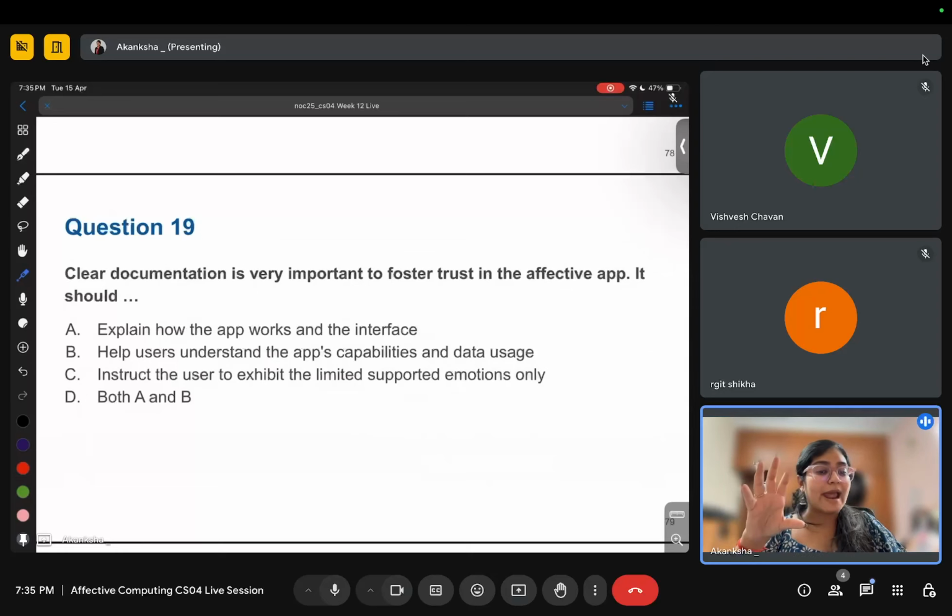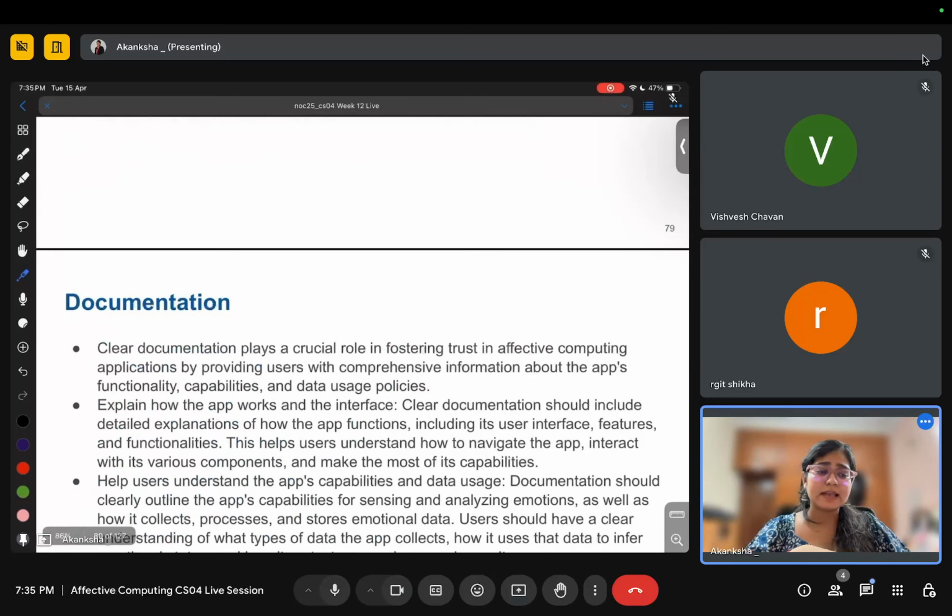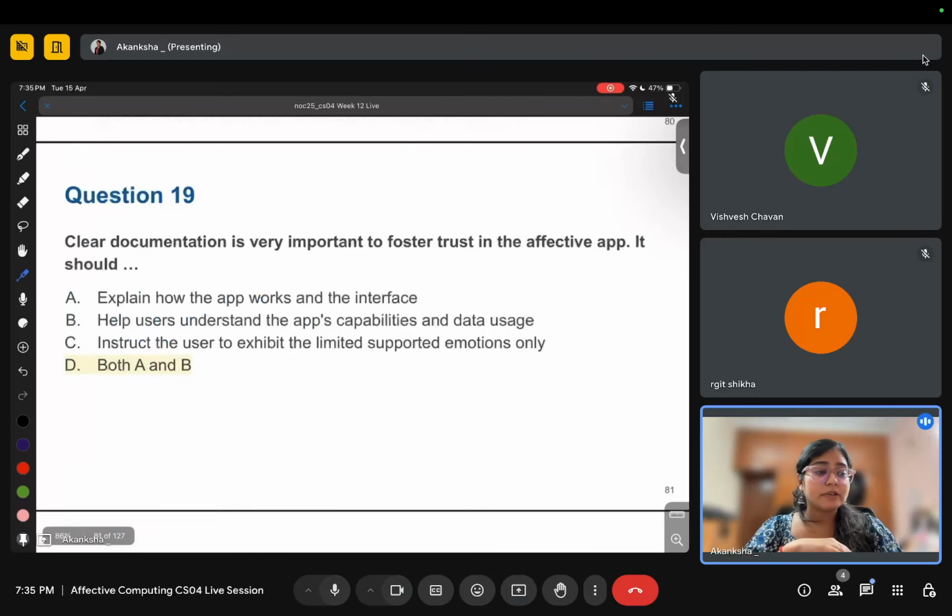So brand is always about trust. So if you want to build a brand, it is very important to foster trust in your app. If you are releasing an app and you want to build a customer base, then you have to build that trust. So in this case, both A and B will be the correct answer.